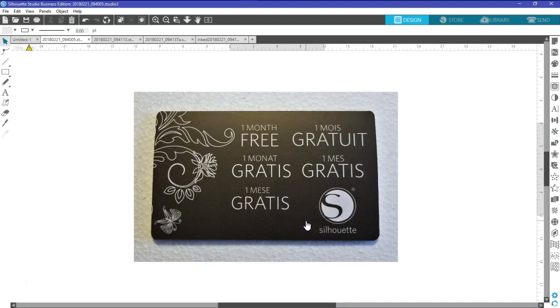It is worth $25. So don't just set it to the side and forget about it. It is actually worth $25 in the Silhouette Design store. So 1 month free is actually an error kind of message to you. It is not, let's see how many designs we can download in 1 month for free. It is actually a $25 credit in the design store, and it is